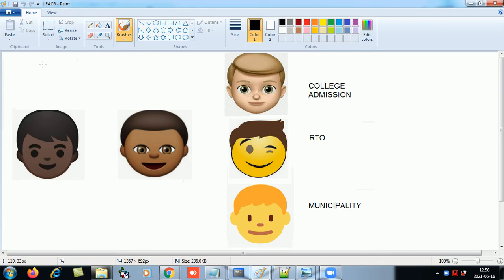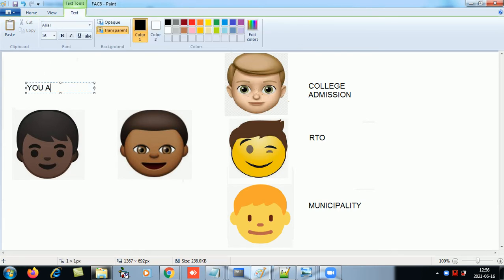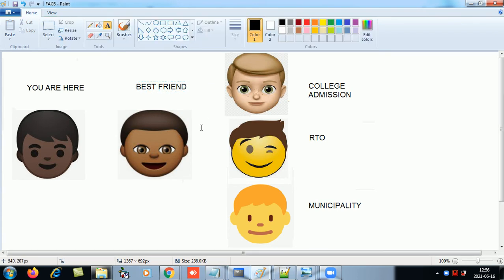Okay, let's take one more example. So this is you, and this is your best friend, and these are a few people which your best friend is in touch with. They are his friends, your best friend's friends.